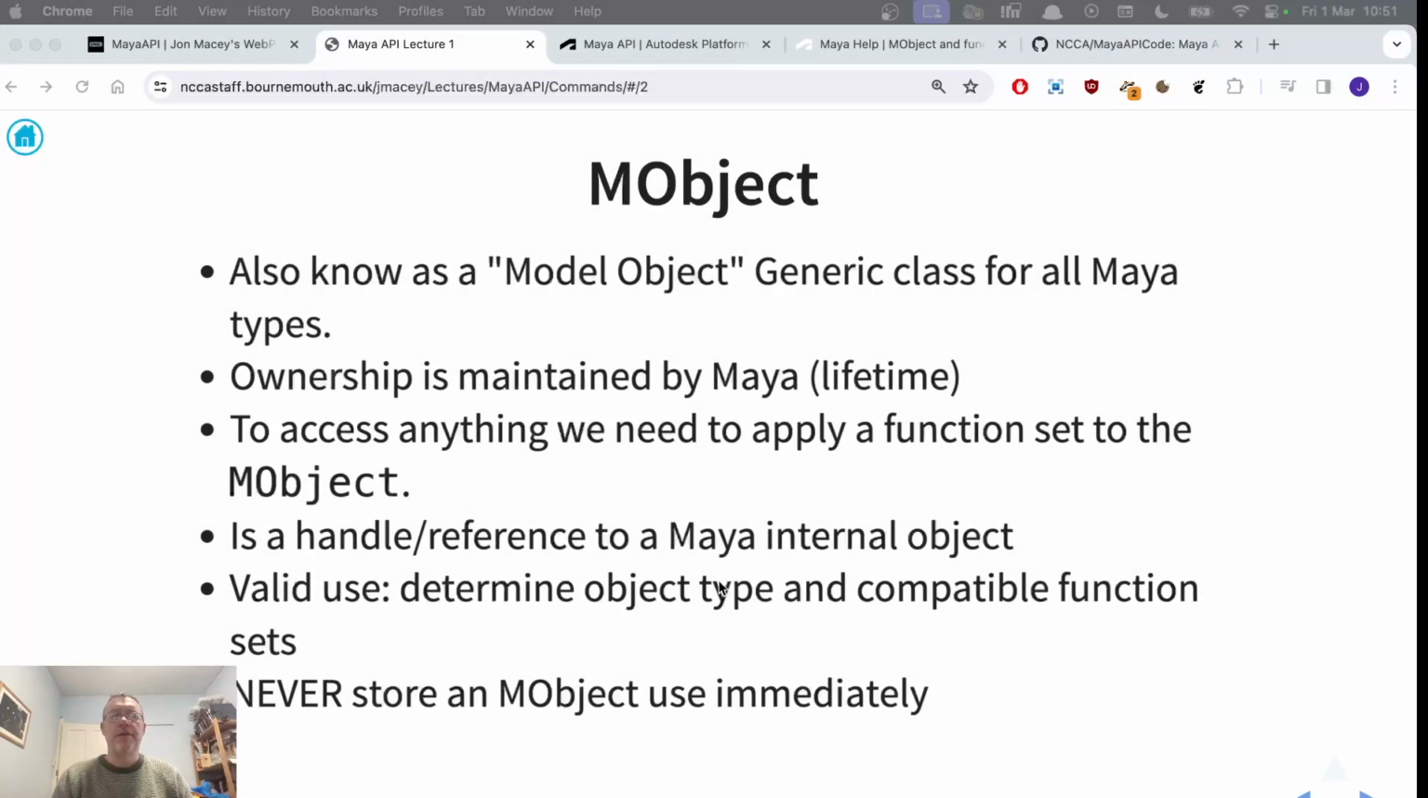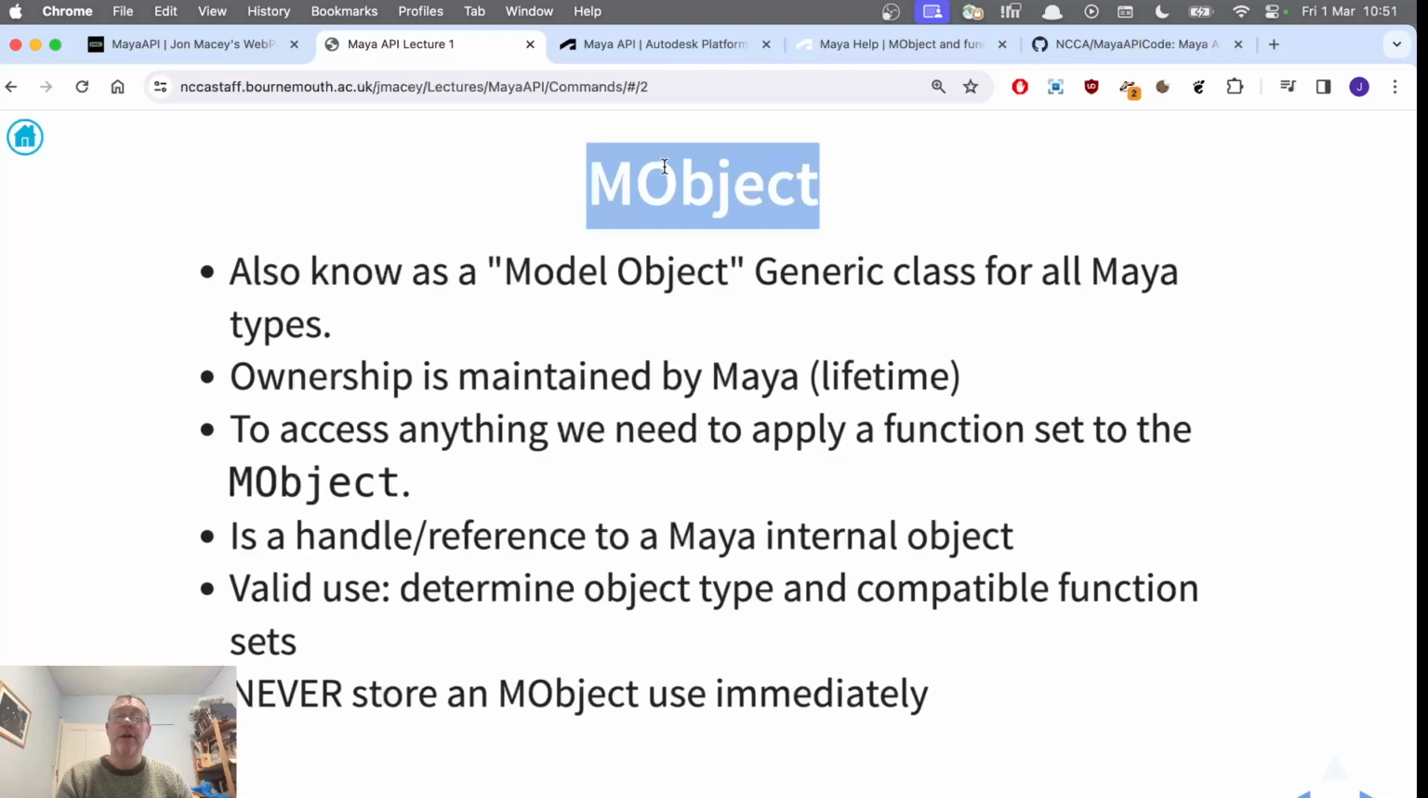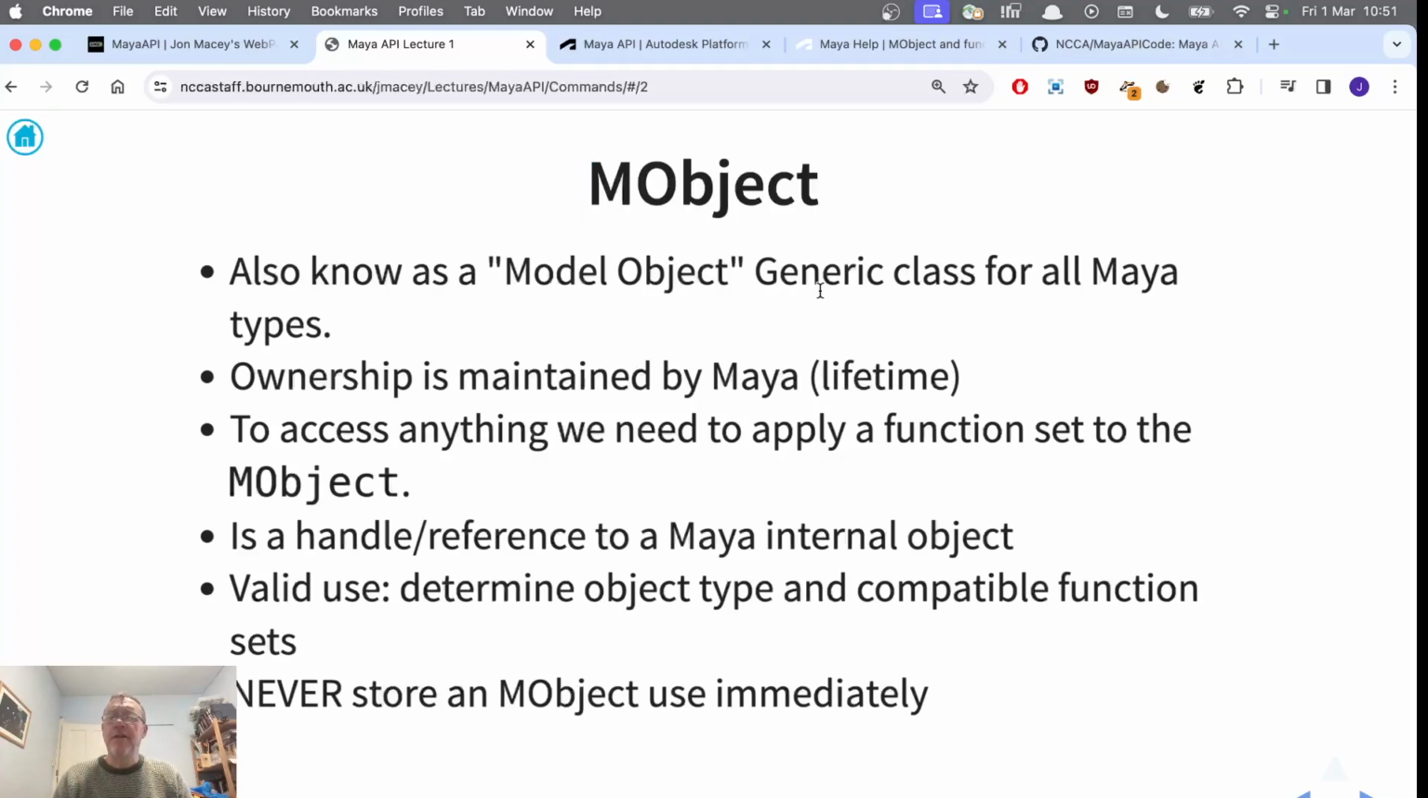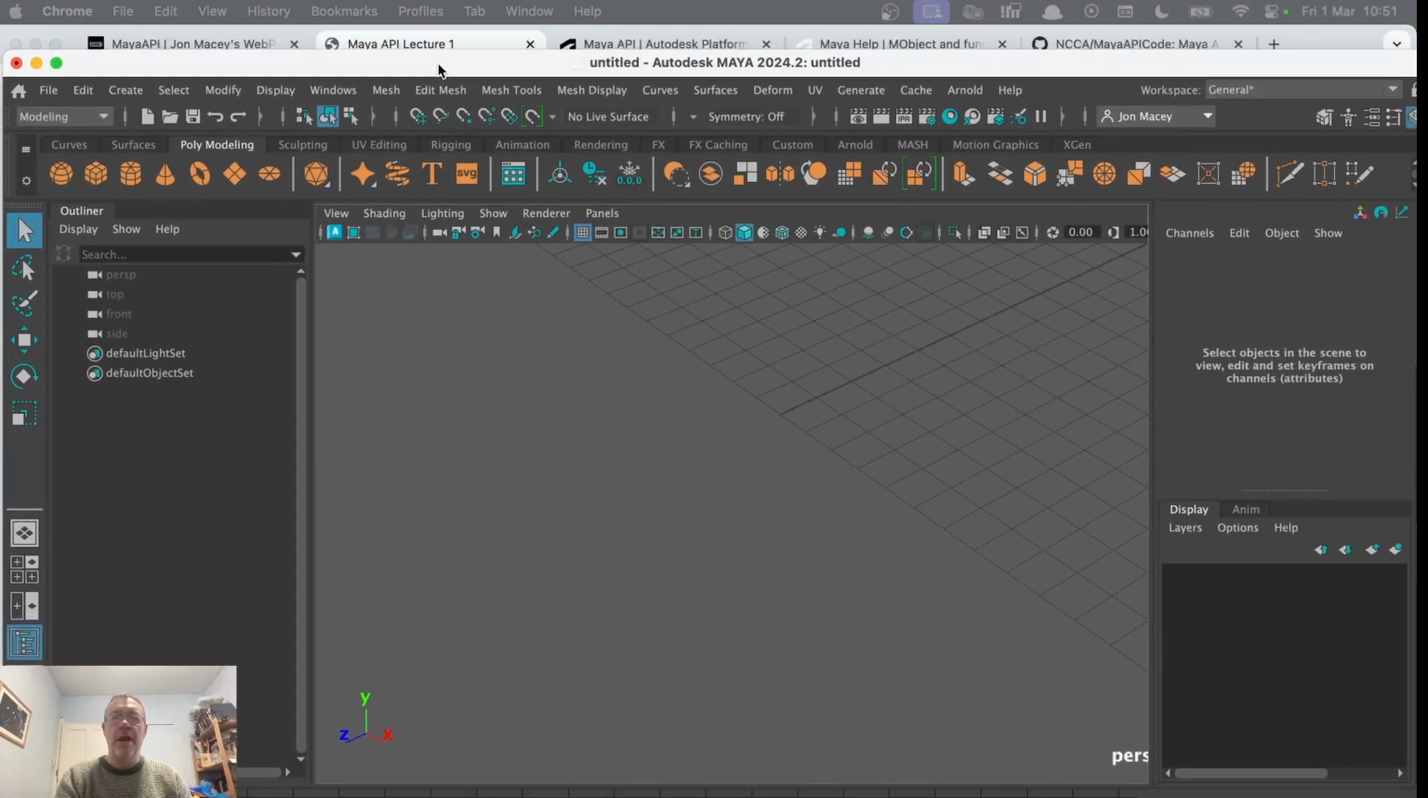So we're going to start looking at some of the core classes that the Maya API uses. And under the hood, one of the core objects is the MObject, also known as the model object. Now, this is a generic class for all Maya types. Every time you see anything in the Maya attribute panel or anything like that, so we've got Maya here, and